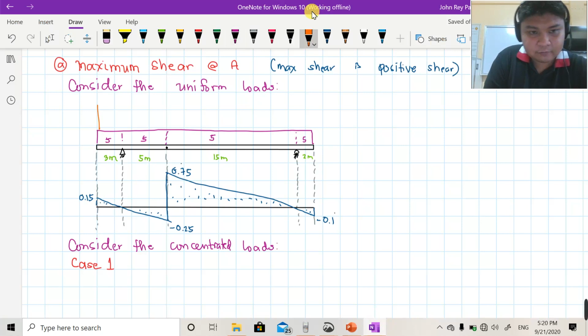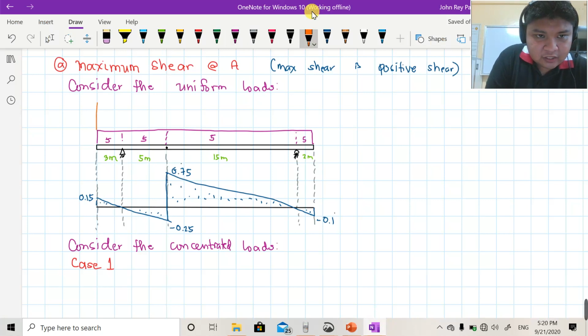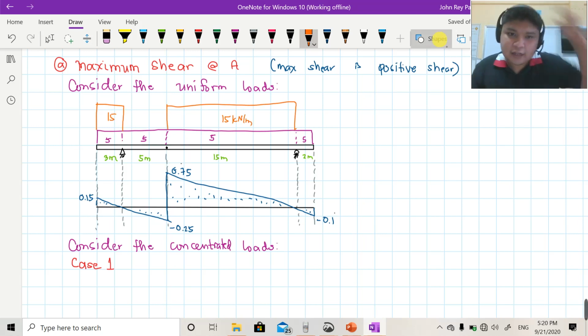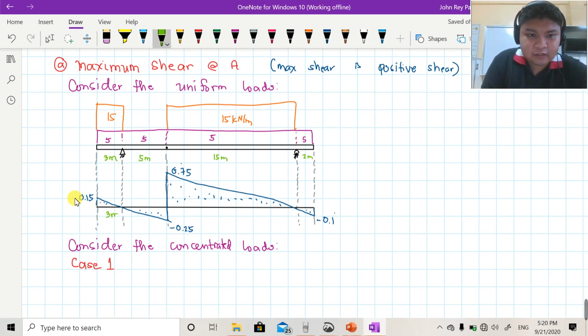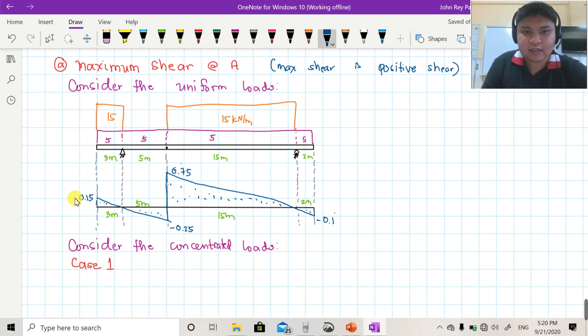Lagay natin siya dito. This will be 15. Tapos dito rin yung 15. So therefore, gamitin mo na lang yung principle natin kapag distributed load, yung magnitude ng distributed load multiplied by the area. So, the dimensions naman ay, this will be 3 meters, 5 meters, tapos 15 meters, then 2 meters. So, therefore, ilagay ko muna class that this will be V at A is equal to,